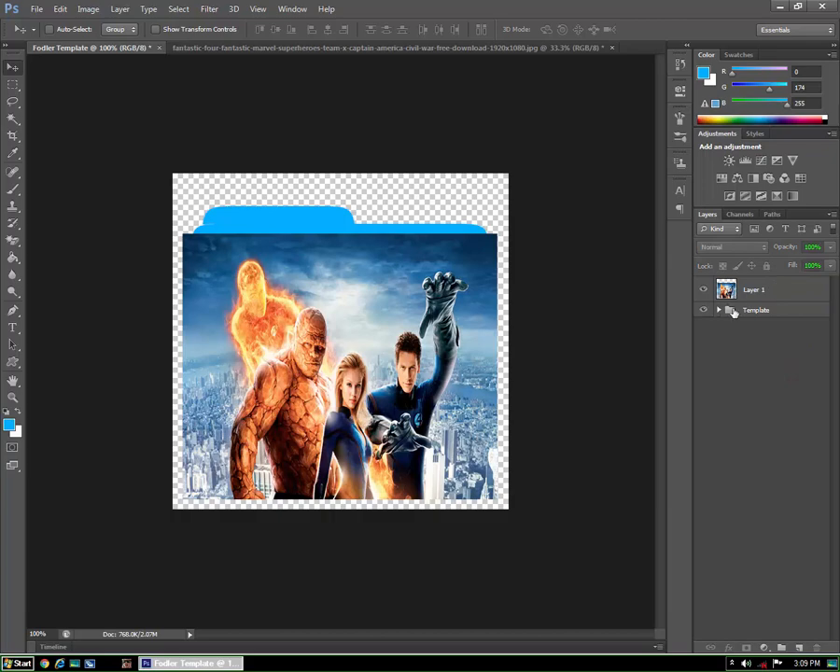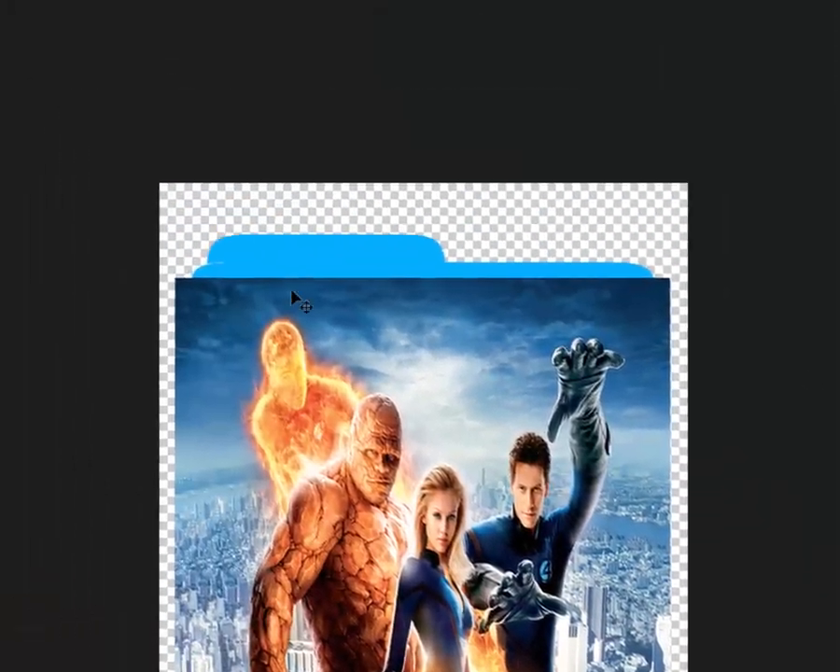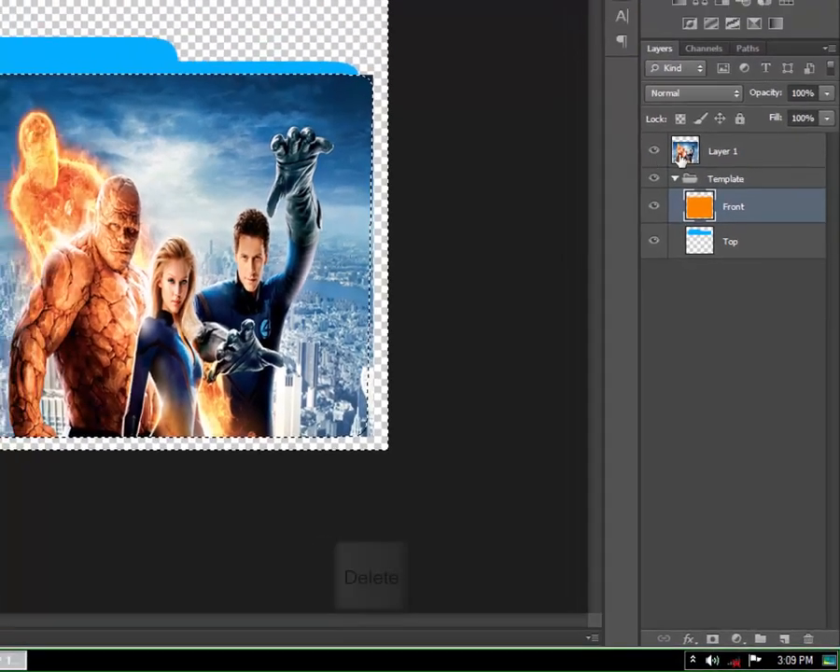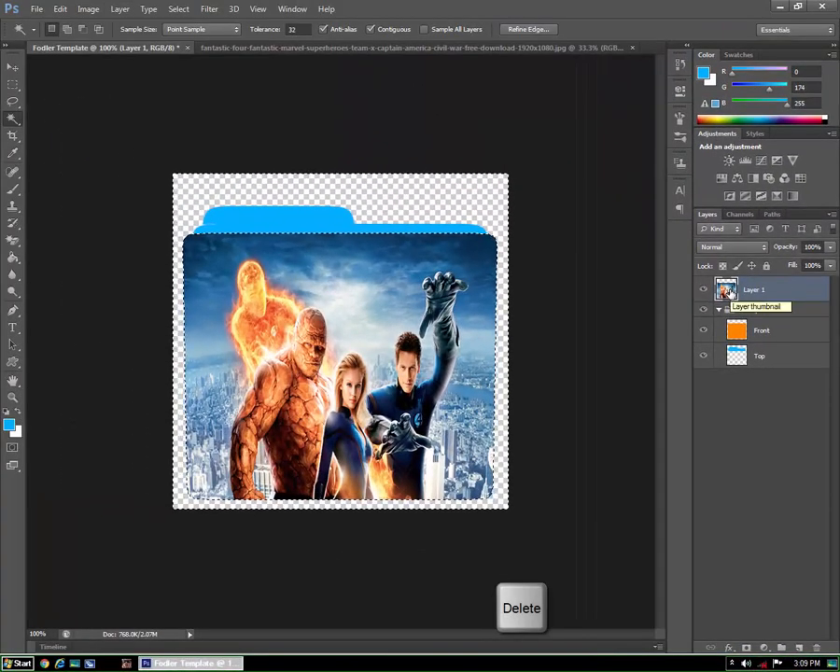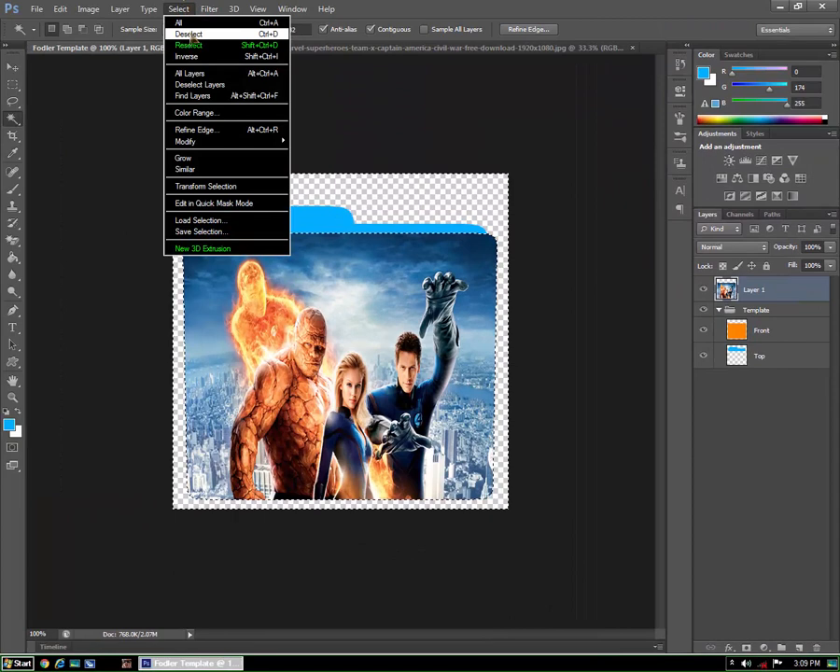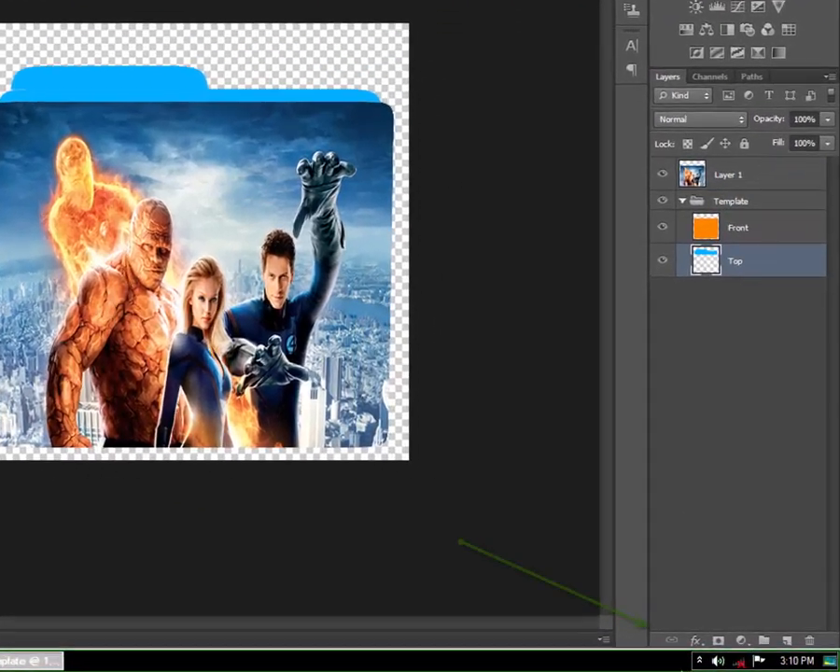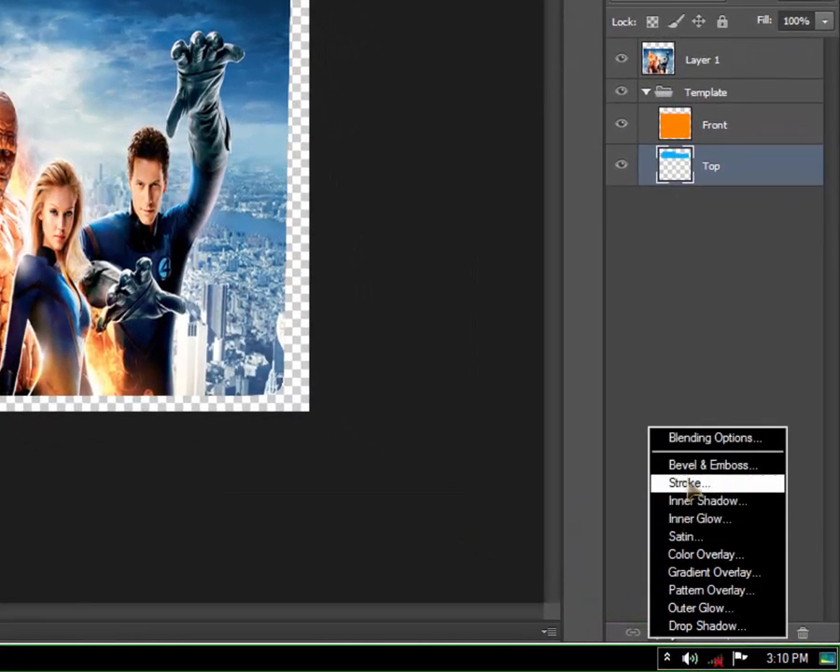Select front layer and then select magic wand tool. Click once on the blank screen and it shall make a selection. Now click your Fantastic Four image layer and press delete button. Click on layer style and select gradient overlay. After selecting top layer,